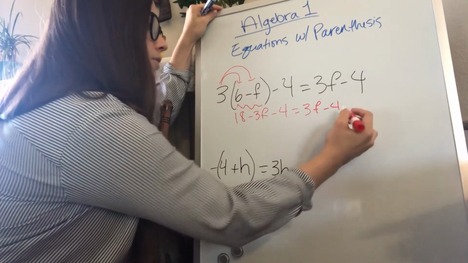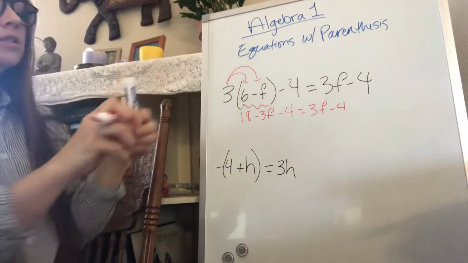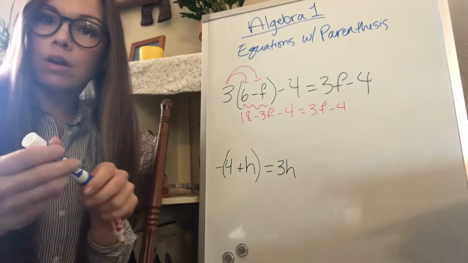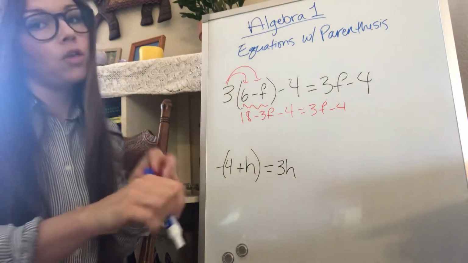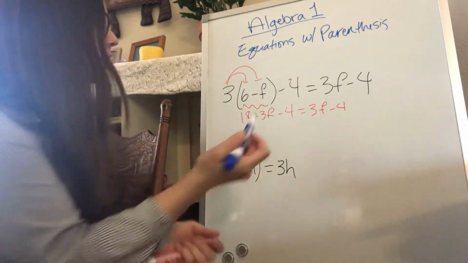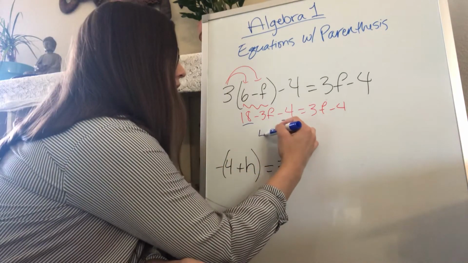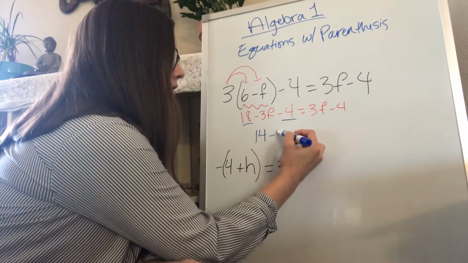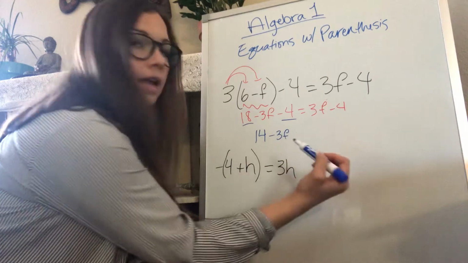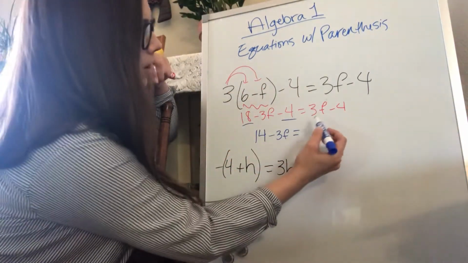3f minus 4. Okay, so now, before we start solving for our variable, we need to make sure that we have combined all the possible like terms that we can combine, okay? So here I have 18 and negative 4, so that's going to give me 14. Right, 18 minus 4, and then bring down that minus 3f, and then over here I just bring down my